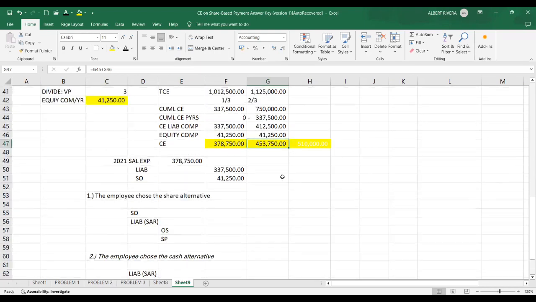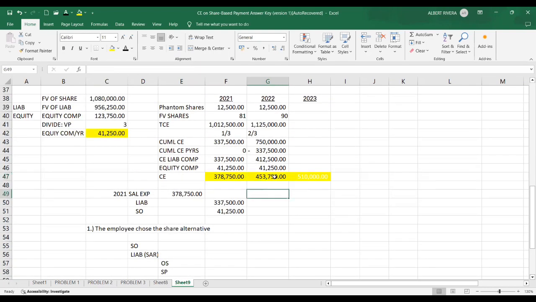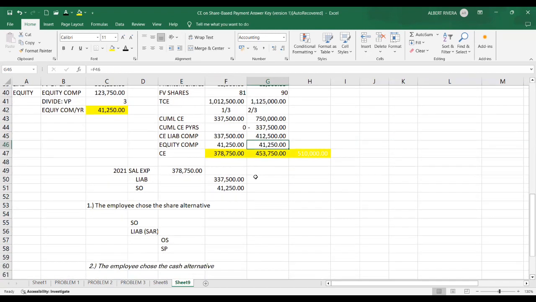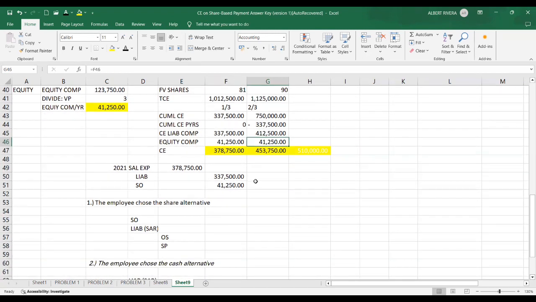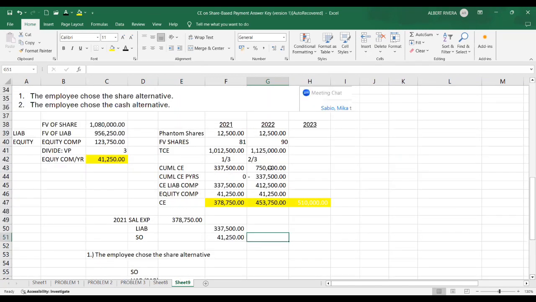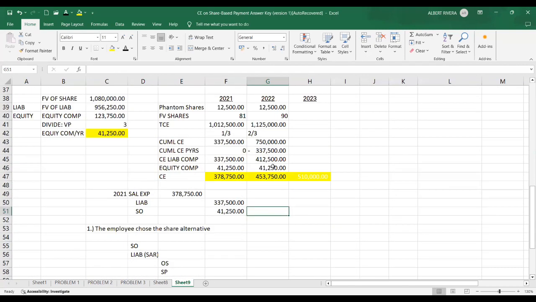The entry would be debit salaries expense 453,750, a credit to liability for share appreciation rights of 412,500, and the equity component in the form of share options is 41,250 still. That is for 2022. For 2023, you have your phantom shares again of 12,500 times the fair value of the